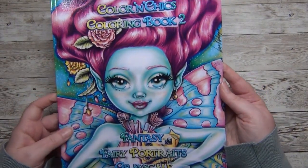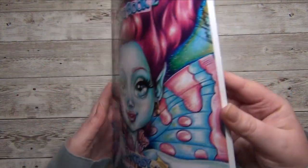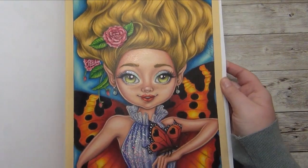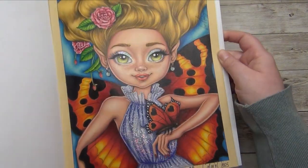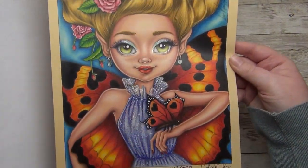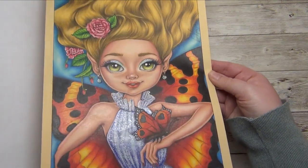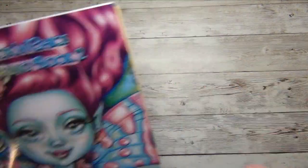Then I also worked in Color & Chics Coloring Book 2 Fantasy Fairy Portraits. This is one of my 10 books to finish as well, and I finished this whip here, which was also a long-standing whip, or a whip from 2021 I guess. Yeah, trying to show you all the glitter effects, but I don't want to spend too much time on